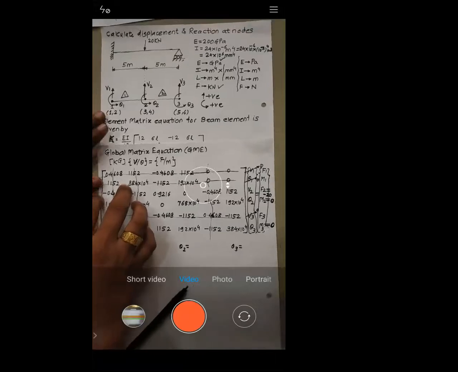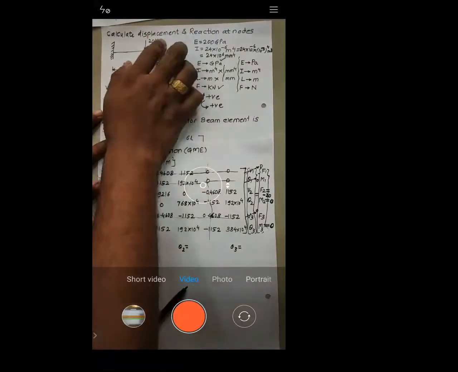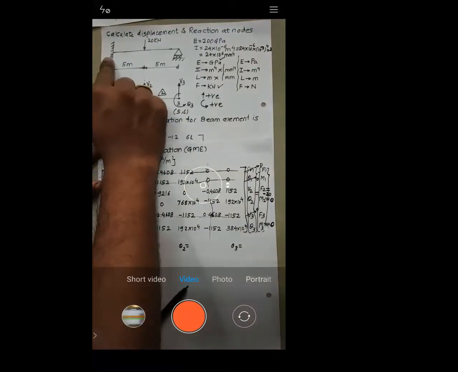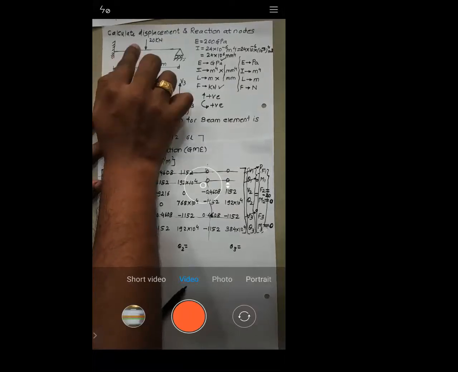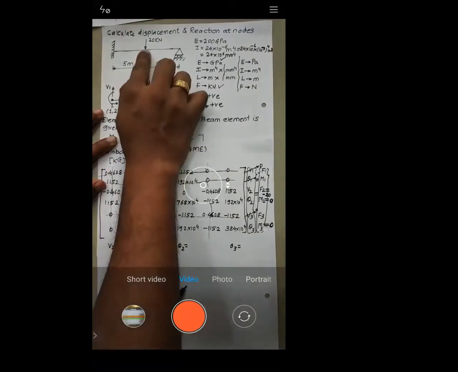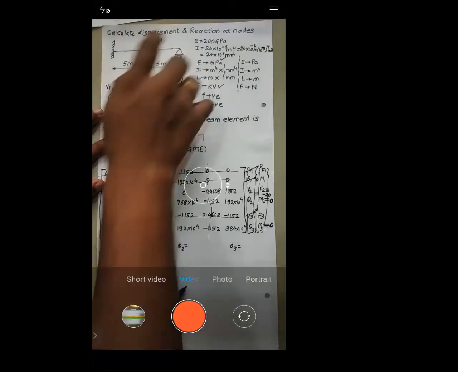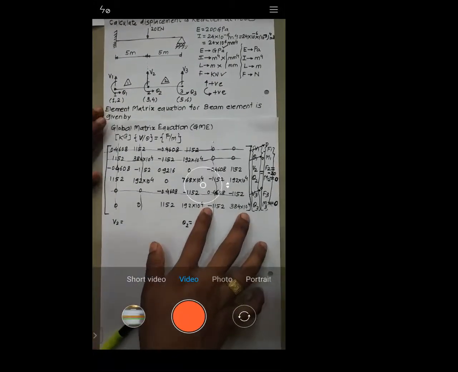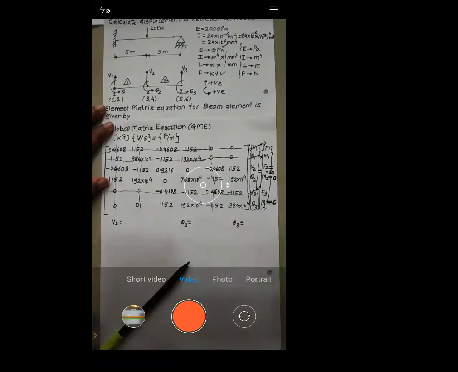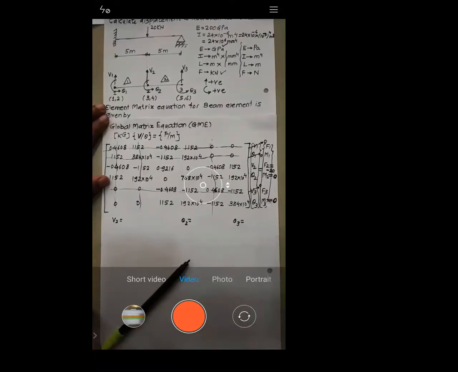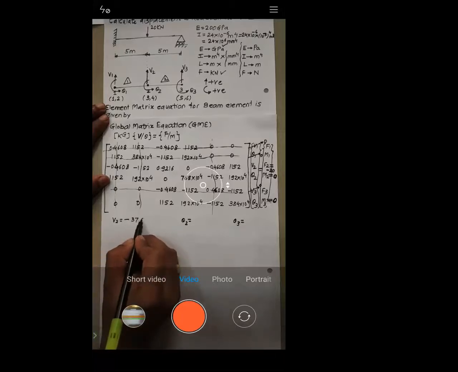When you apply the force of 20 kilonewton, there will be some moment generated at the fixed support, which we are supposed to calculate. But there is no moment given at this point, that is application of load. At the same point where the roller is, how will you take those moments? So let me know V2. What value of V2 are you getting? Minus 37.98. All of you check whether you are getting the same answer. Minus 37.97.